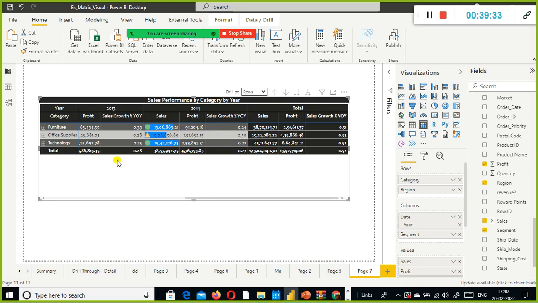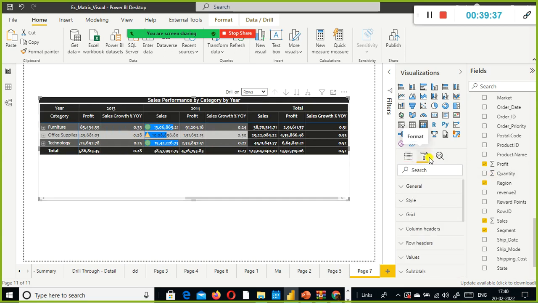And what I want is, I just go here, and then we have something called values here. I was talking about the stepped layout feature, right? And in the values, we have something called show on rows.